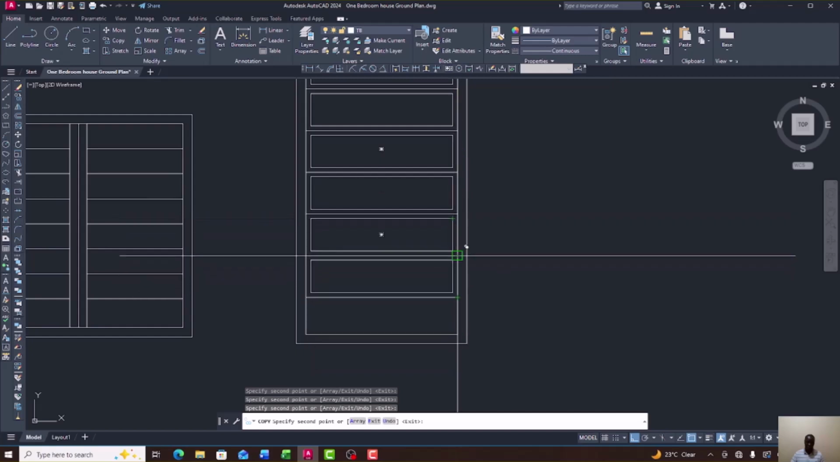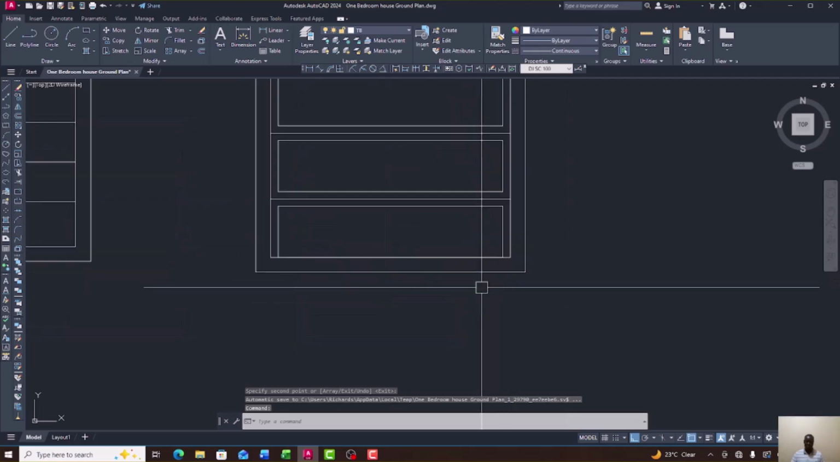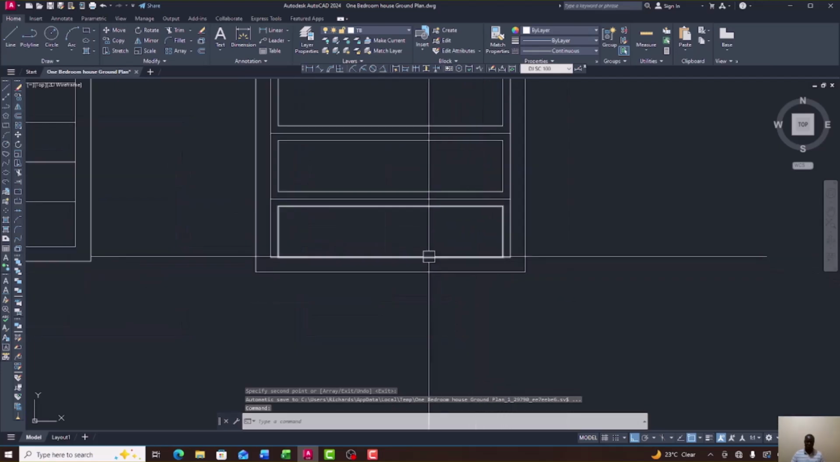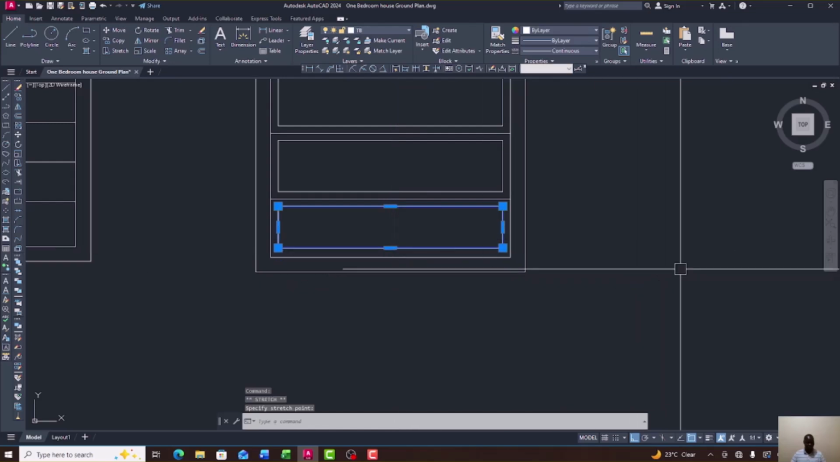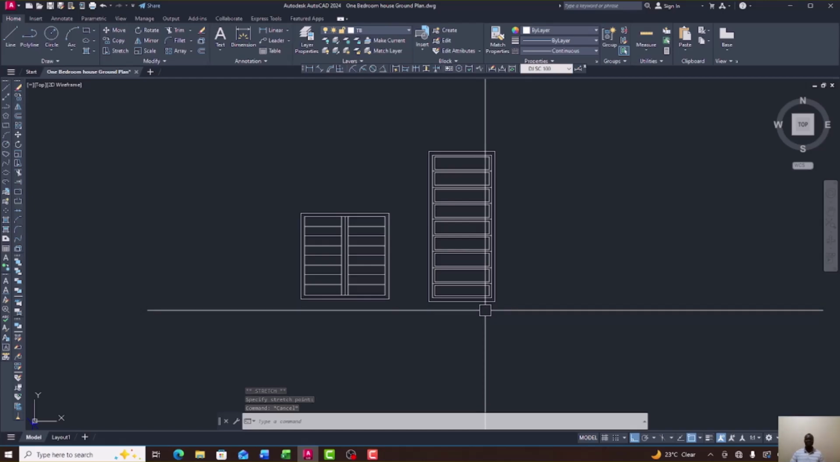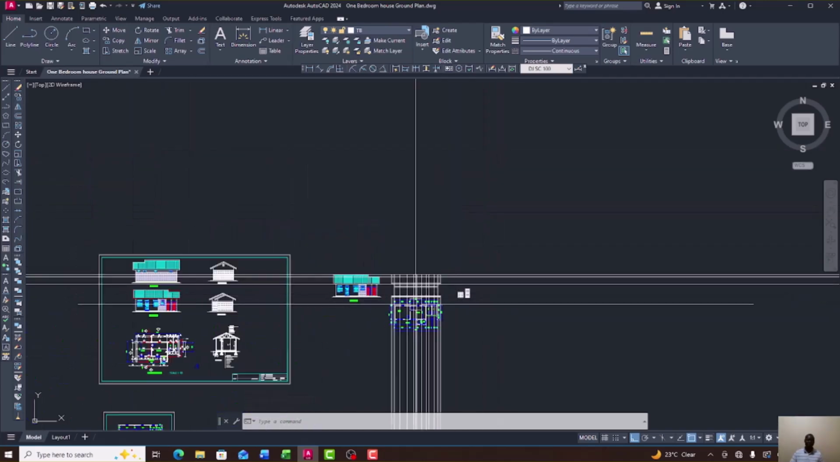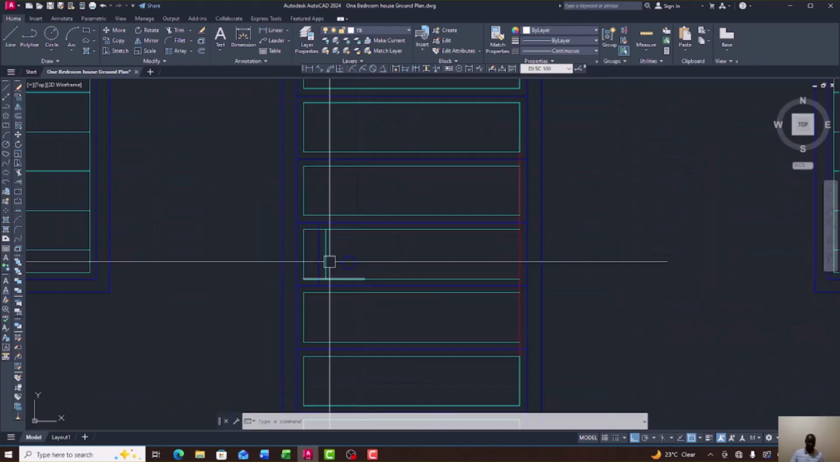Copy it. Copy it also. But this down one is slightly small. I can adjust so that it looks nice. So our door is already coming up. We can only make this door what